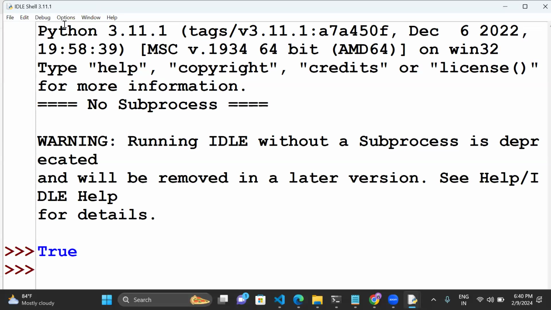And the comparison operator. Comparison means comparing 2 or more values using double equal to, greater than, less than, greater than or equal to, less than or equal to, not equal to. And logical means and, or. And means